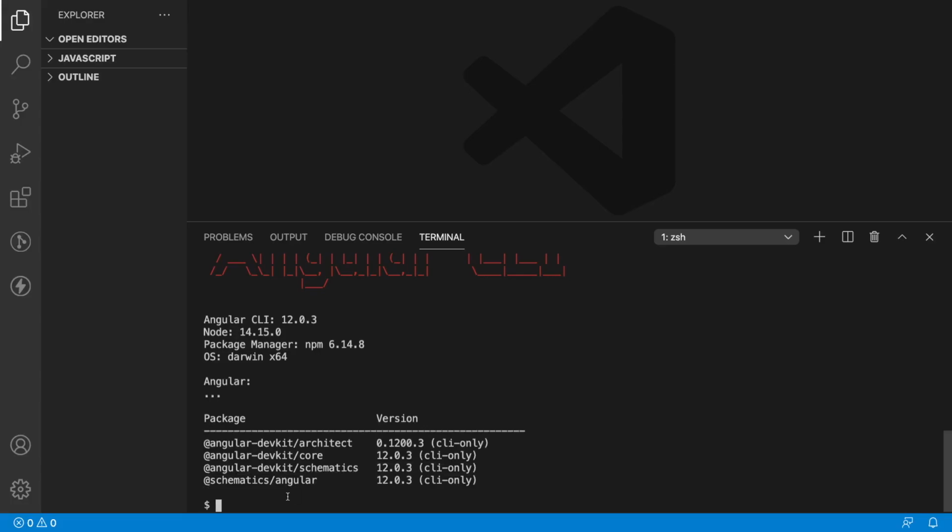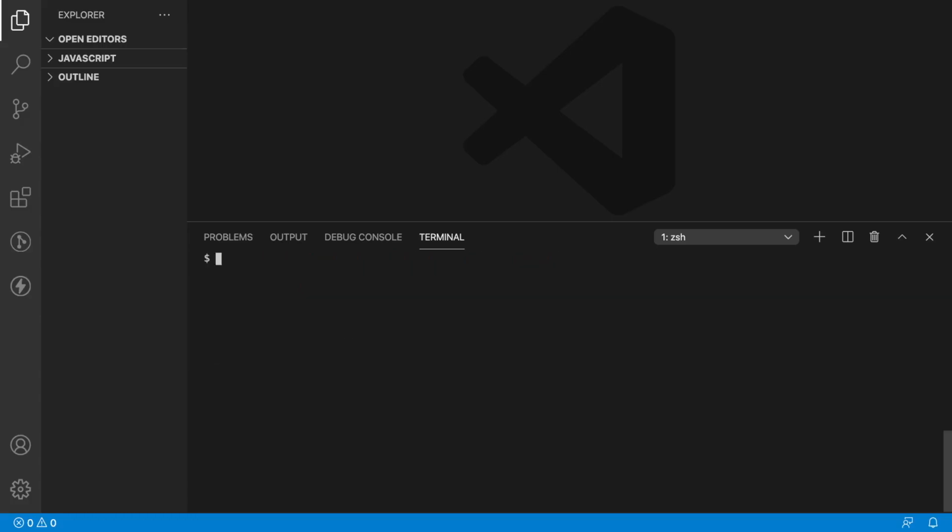Now we are ready to use our Angular CLI. Now we can set up a new Angular project by using a command itself. Let me create our project by using the CLI command. We can use the command ng new with some app name. Let me give something like demo1, and let me hit enter.